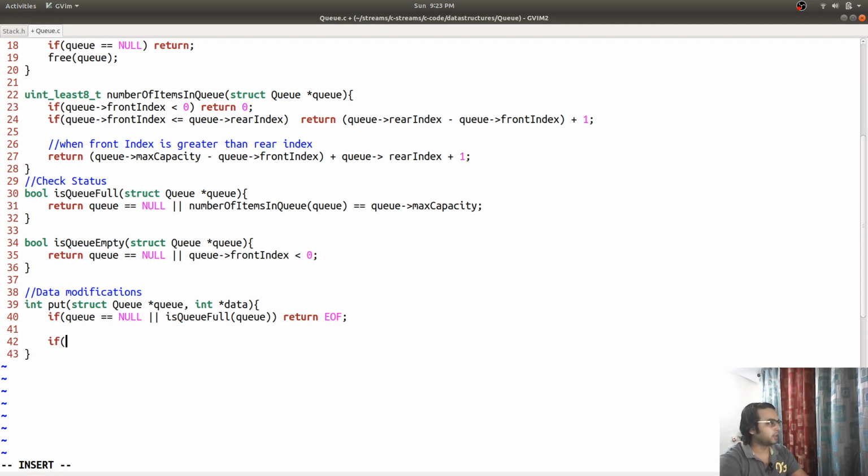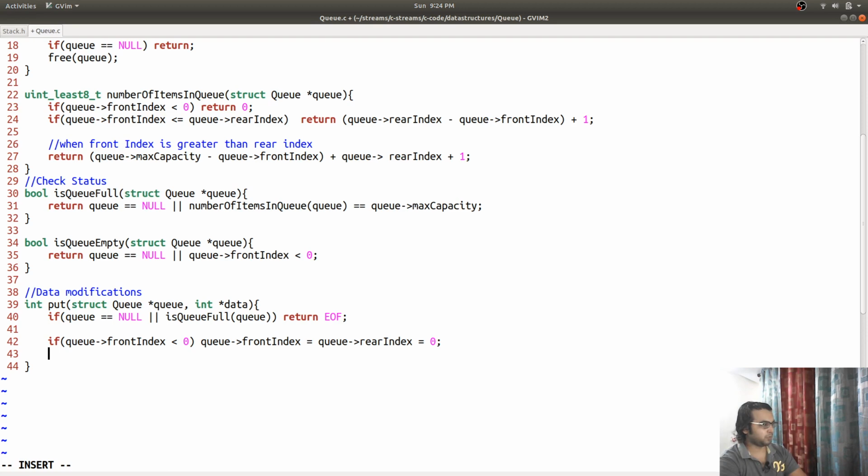If front index is less than 0, if it is, then we have to do queue front index and queue rear index equal to 0,